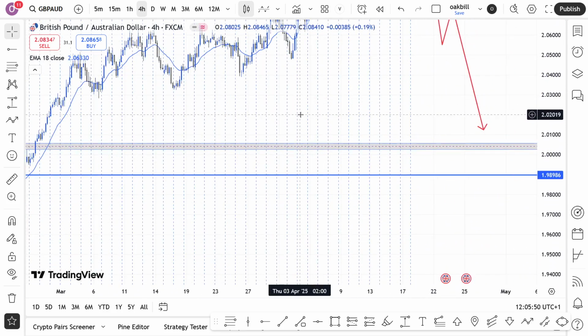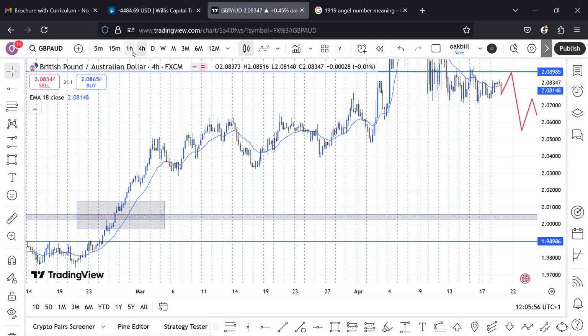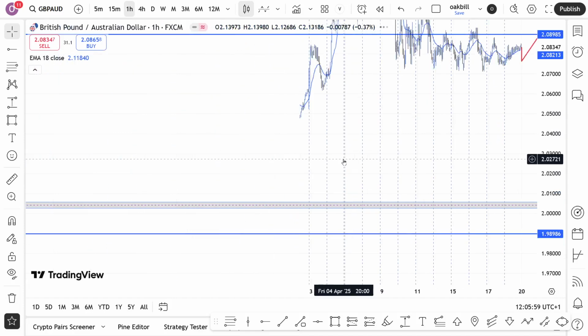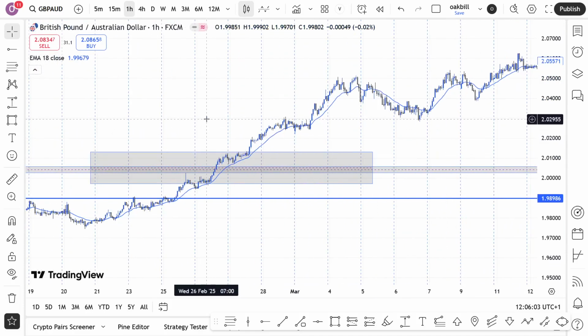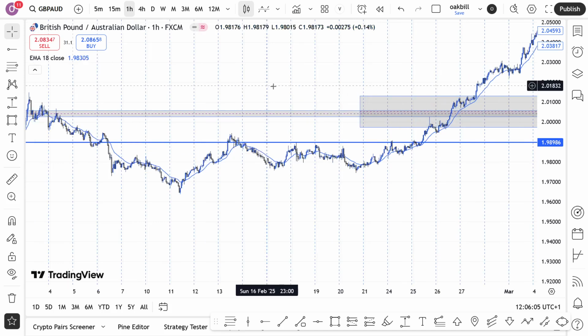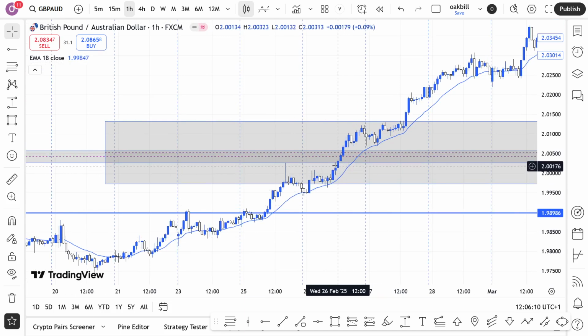Now, looking at this point that I marked out, let me step down to 1 hour. This point we're looking for is that point on 1 hour. Is there something we can see on 1 hour that will give us strong confidence? Looking at 1 hour, there's no strong point there. This is just a void that price is just going through. So I'm expecting price to fill this place up, then we continue to the upside.